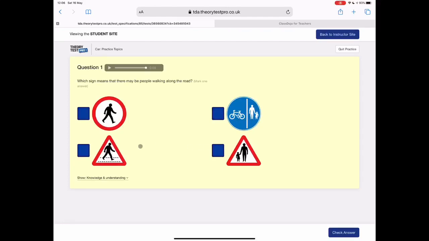If you don't know, then you've got a selection at the bottom which says show knowledge and understanding. If you're working on mock tests, you don't have this facility. So this is another big plus for doing it in this way. If you work through a mock test, you're just guessing the answer if you don't know it, checking the answer